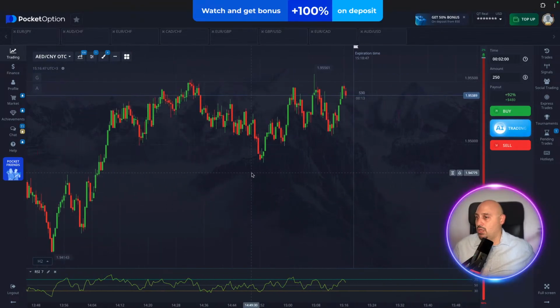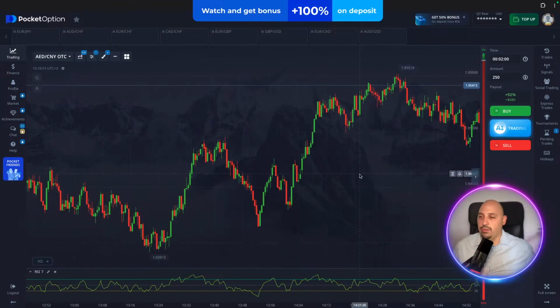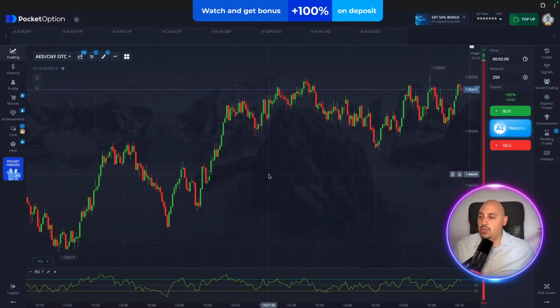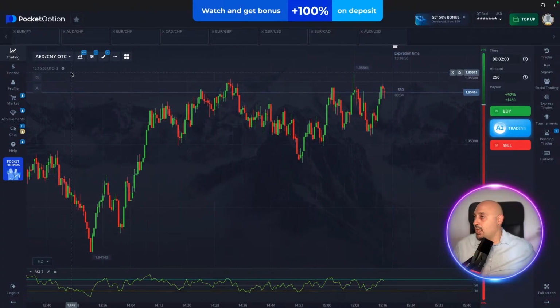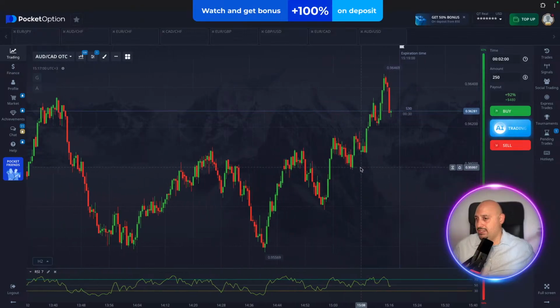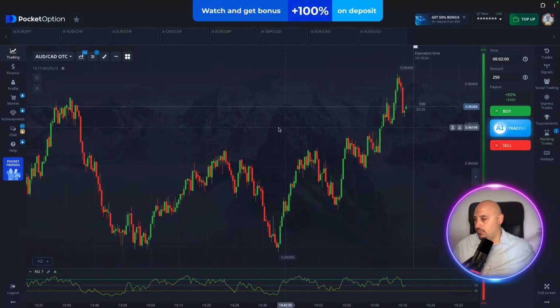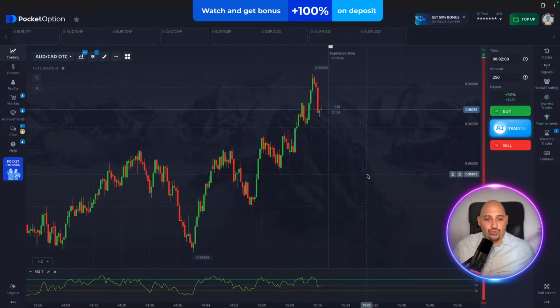more opening opportunities. To identify better opportunities. This doesn't look like a very strong trend to the upside. This one seems to be. So if I were to trade this,